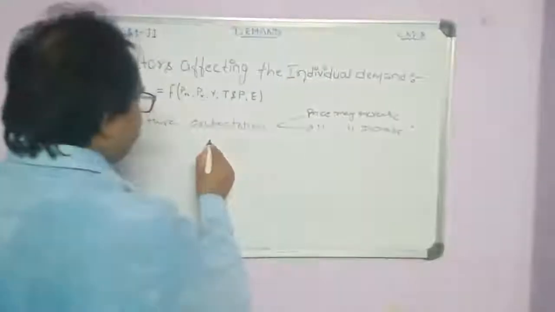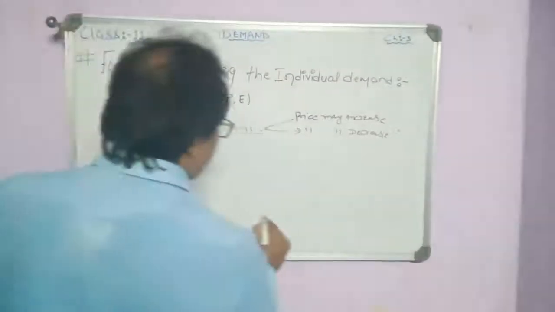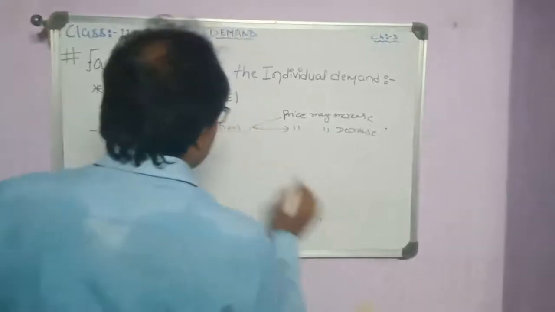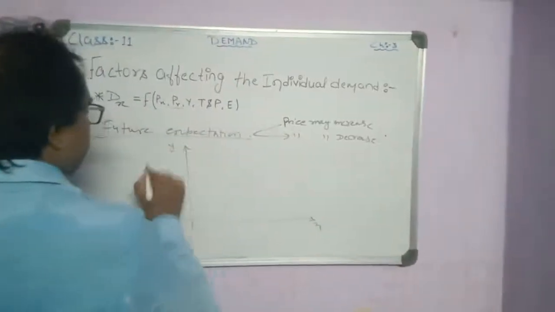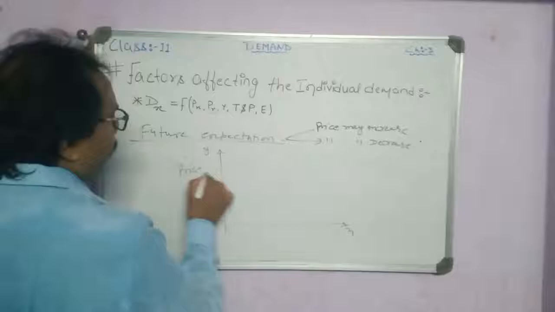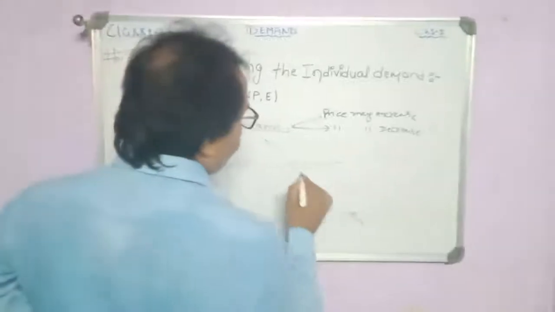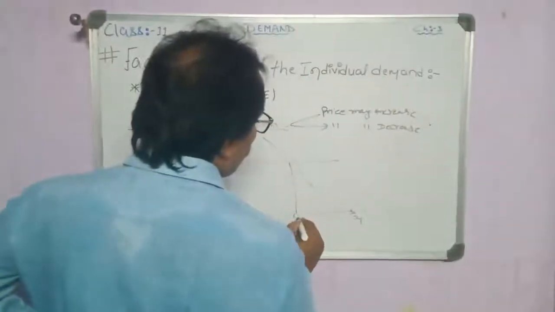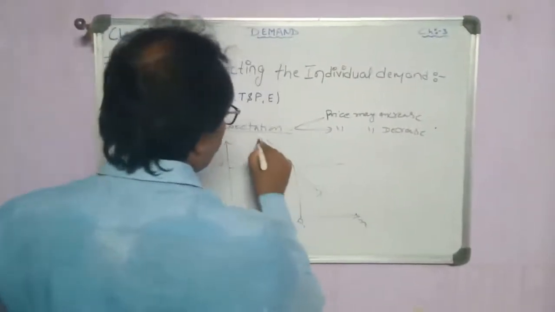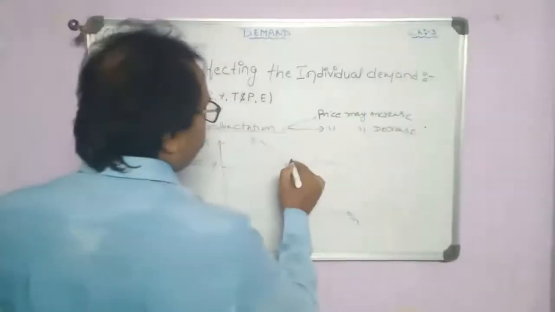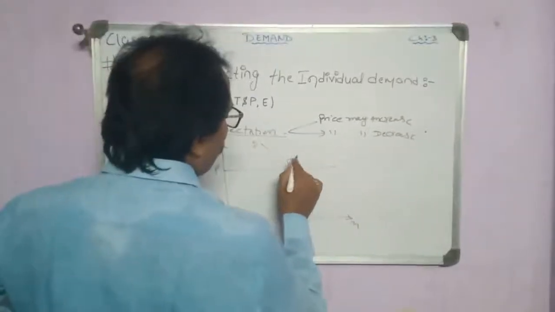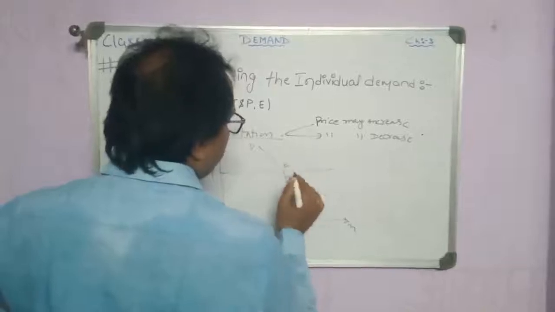So if I think that the price will increase, today the price is constant, okay, and at this price, at OP price, we are ready to buy, suppose, OQ quantity of goods, because the demand line cuts at point E, so OQ